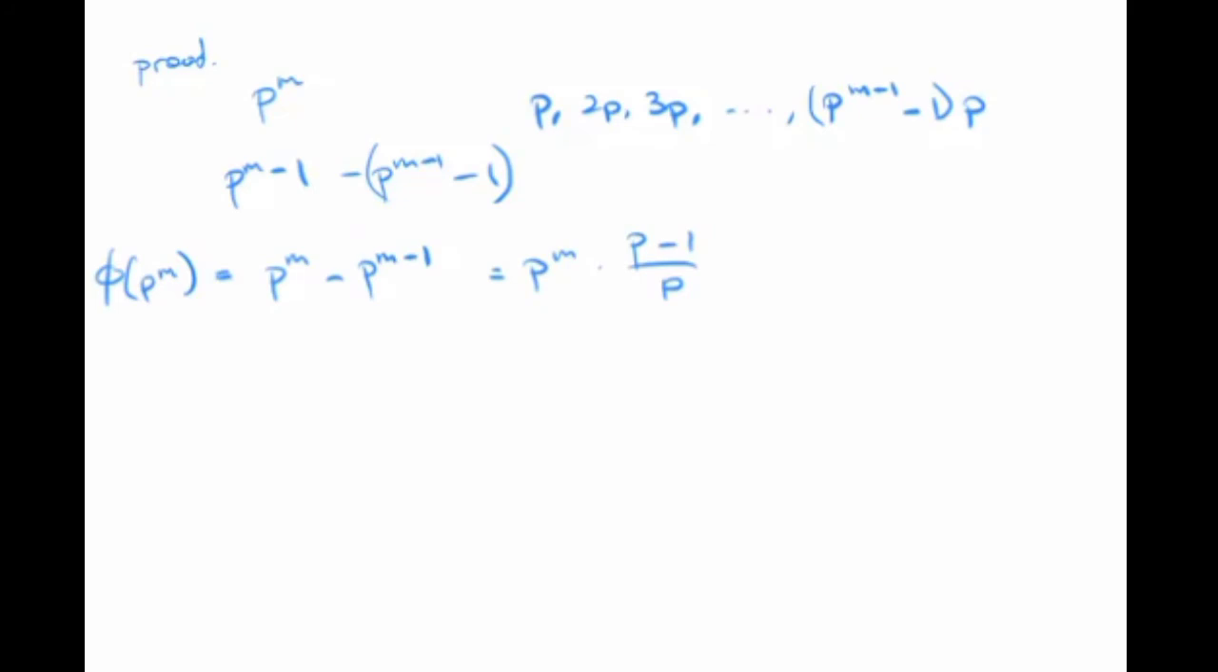Okay, now we claim that the totient of AB is equal to totient